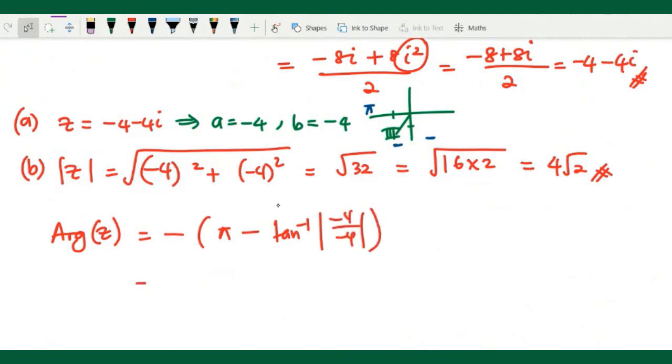That you will end up having arctangent of 1. Okay, arctangent 1, that is pi over 4. Now, it will be 2 pi over 3, outside negative, 3 pi over 4. Okay, so